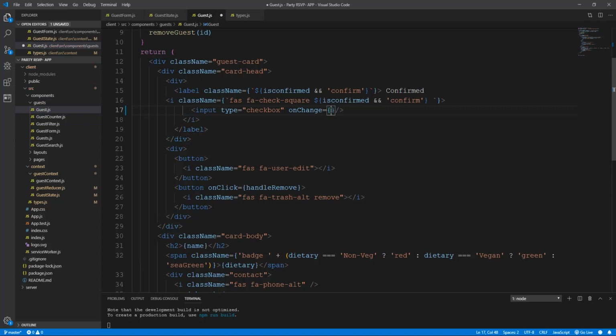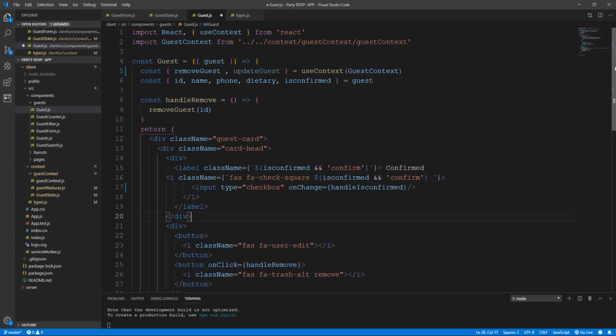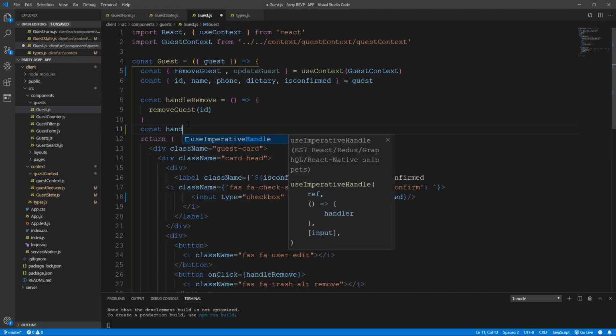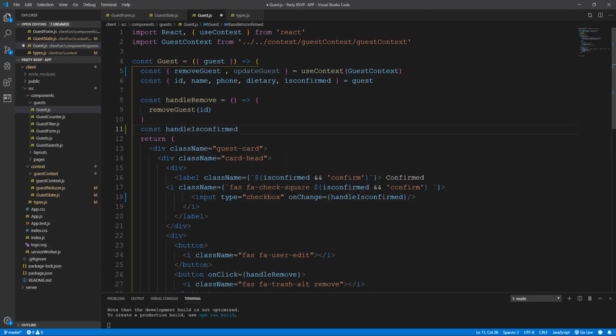So instead I'll just do a handle is confirmed, whatever. So yeah, sorry, I changed my mind, because I think it's gonna look really messy if it is inline. Okay, so instead what we're going to do is handle is confirmed, and here